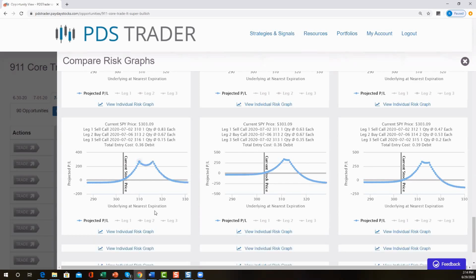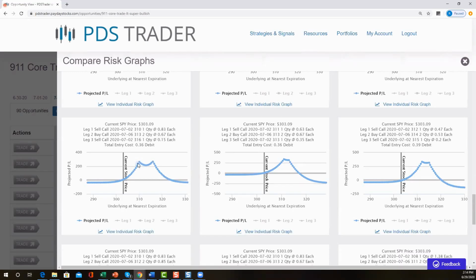Some of these have a really small debit, and the profit peak starts at 310. On this one, this is an equidistant spread, meaning the strike difference is basically at 0. If the strike difference is 0 on these trades, then the risk to the downside is going to be the debit, and the risk to the upside is going to be the debit. It's going to be the same, and the profit potential is going to be obviously at the short strikes. Those will be the two profit peaks.